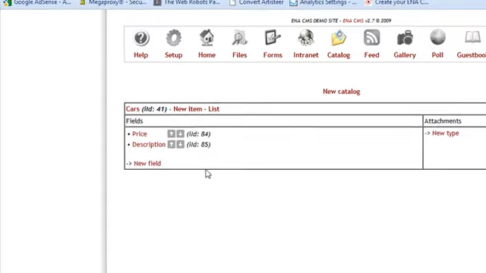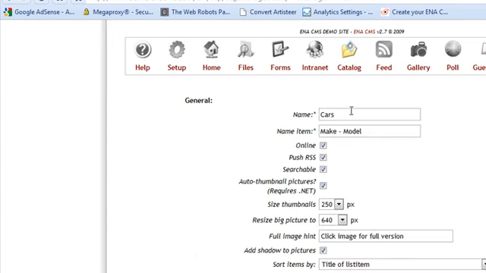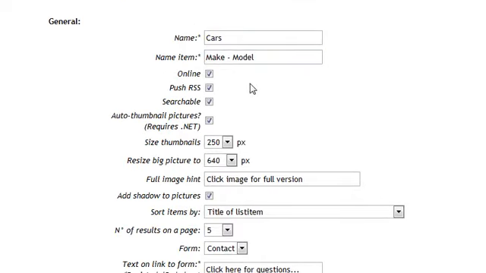Since I already created a catalog and I've got a couple of samples in there to keep the video a little bit short, let's just go over the catalog that I've already created. You click on the catalog to edit it, the catalog name, and in this case it's cars. You choose the first field, and that's the mandatory fields. A catalog has to have at least one field, and in this case it's make model for the car,